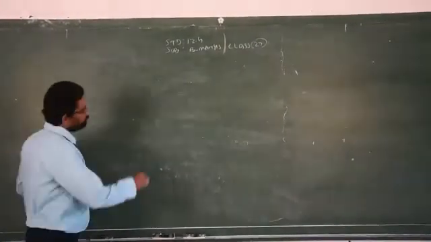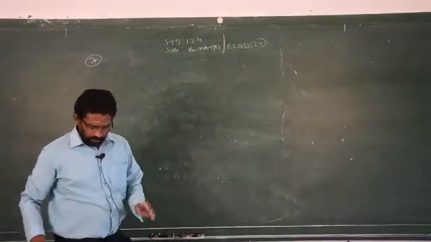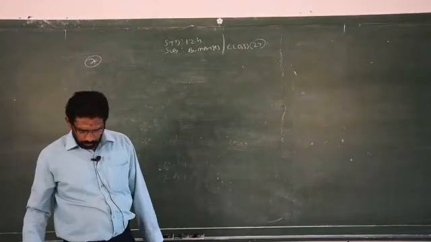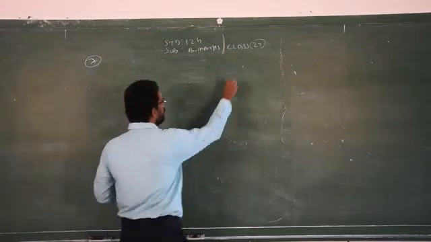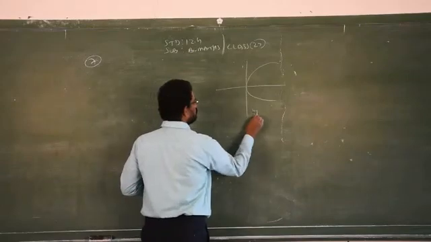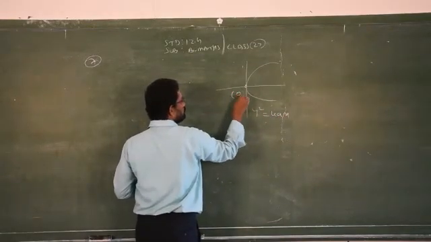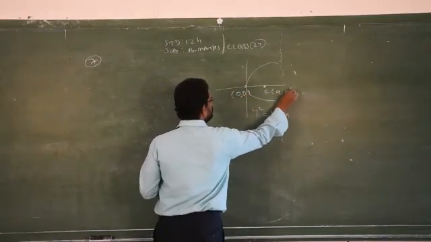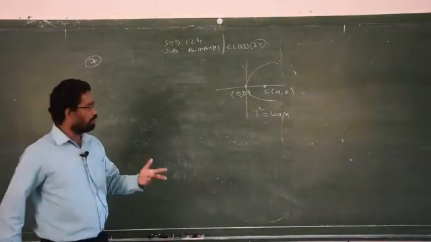Sum number 7. I have just given the equation alone, and you can proceed as in the previous model. Find the differential equation of the family of the parabola with the focus at the origin and axis along the x-axis. So again parabola. This is the general formula, y square is equal to 4ax. The center of the parabola according to this standard form is 0, 0, focus will be a, 0. But what is given in the question? Parabola focus at the origin.